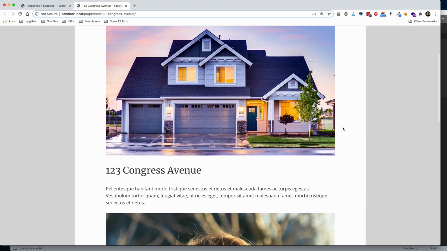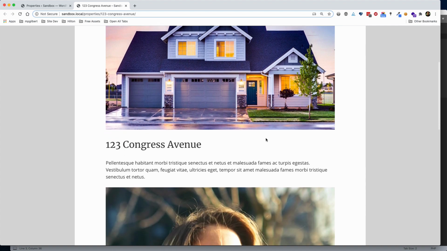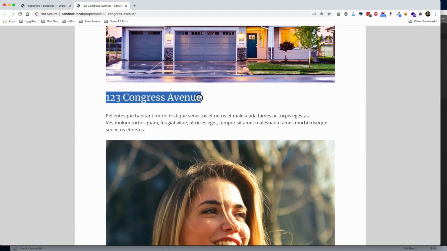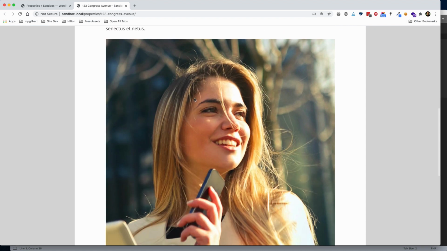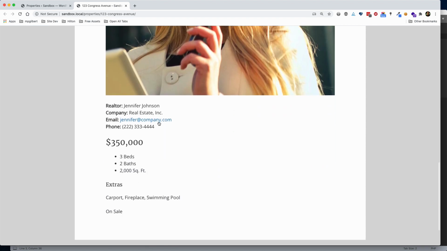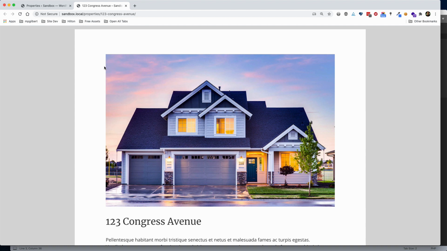So what we have here is our big property image. That's the featured image for our custom post type. Here's the title, and then we've got that intro paragraph. We've got a realtor photo, some realtor information here, the property price. We've got the beds, baths, and footage, and then a section of extras. And then this eventually will be our badge, and this will show up here off to the side of the